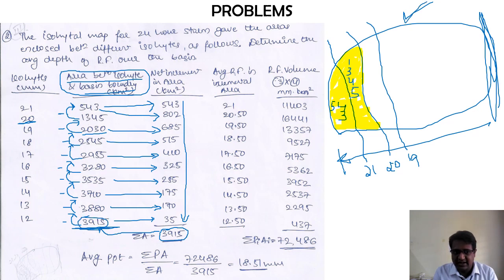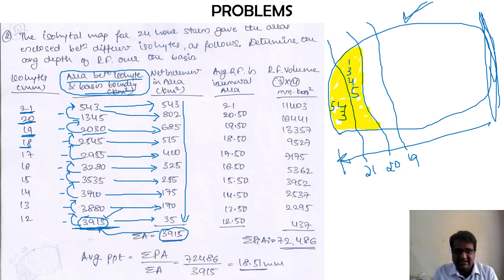So once you add up the third column, you should get the same value which was there in the last part of the second column. This is how you should get it, and if it is right, then your calculations are correct. Now the next thing is, here they have just given you the value of one particular isoheight. It is not a range as it has been given previously.